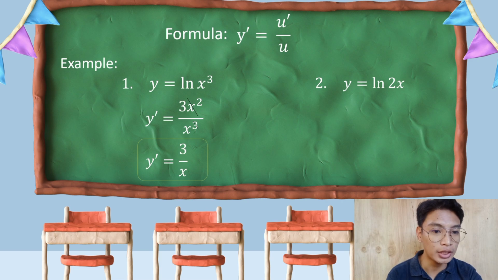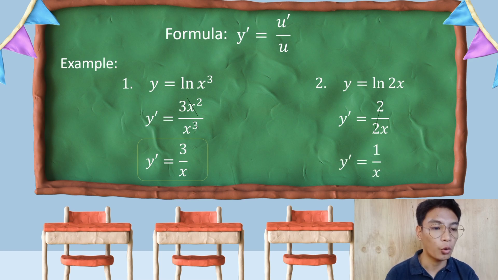So for this function, again, to follow the formula, we are going to get the derivative of the value of u, which is the 2x in this function. The derivative of 2x, we are going to have 2. So we will get 2 over 2x. And to simplify it, we will have an answer y prime is equal to 1 over x. So this is the derivative of